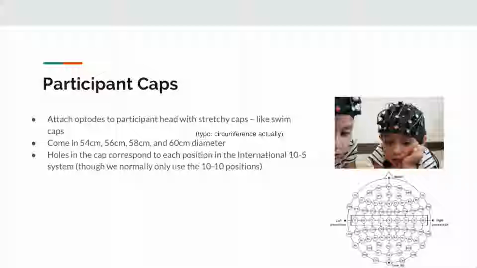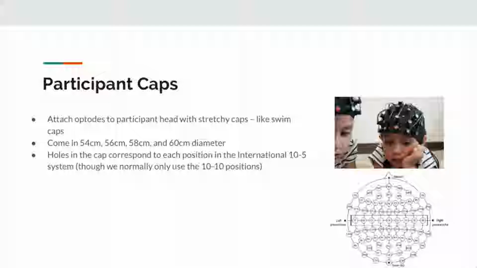They come in 54, 56, 58, and 60 centimeter diameters. Each of these caps has little slits, little holes cut into them, that correspond to each position in the International 10-5 system, though normally we only use the 10-10 positions. This system, like I mentioned at the end of last lecture,